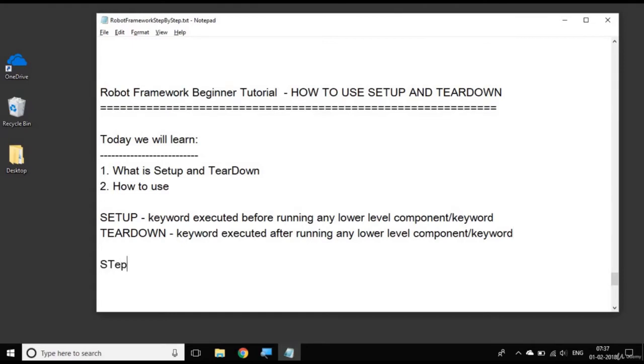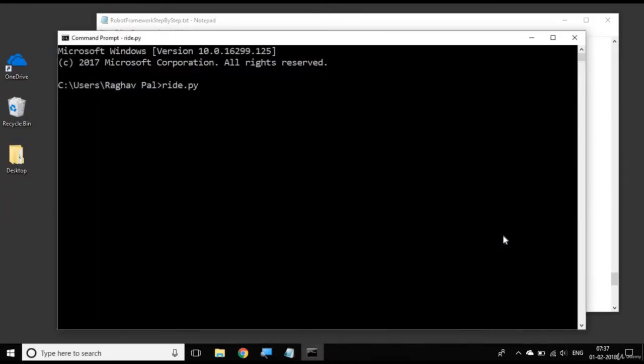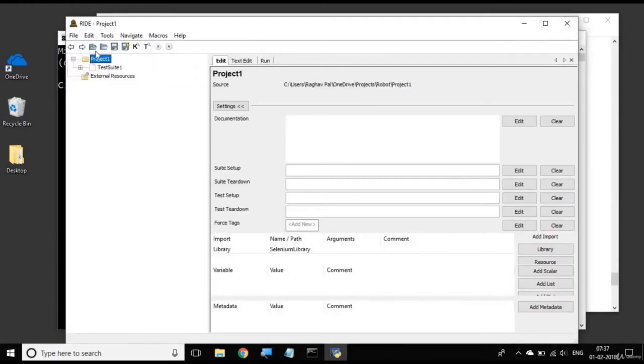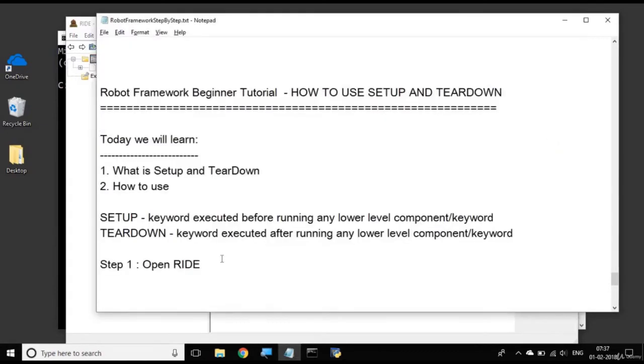So now let us go to step 1 and we will open our RIDE IDE. So let me go to command prompt and say ride.py. It opens our RIDE IDE, and this is the project and test that we have been creating in our earlier sessions. So step 2 is let us